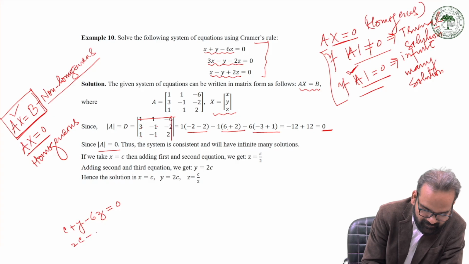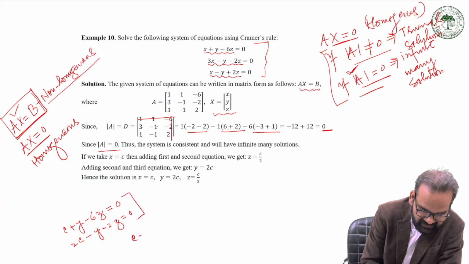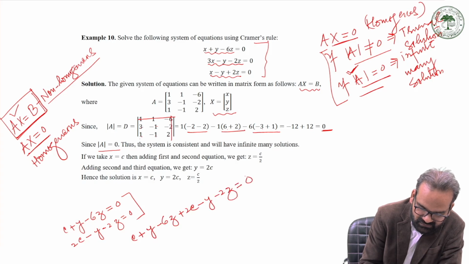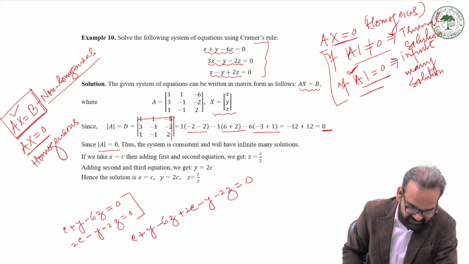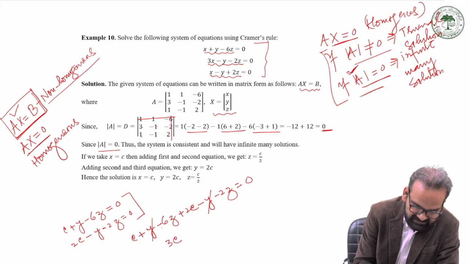2c minus y minus 2z equals 0. Adding these two equations, if you add up these two, what will you get? See here, c plus y minus 6z plus 2c minus y minus 2z equals 0. So what you will get, see here, this y and y will cancel out. 2c plus c, that is 3c. 6z minus 2z, that is,